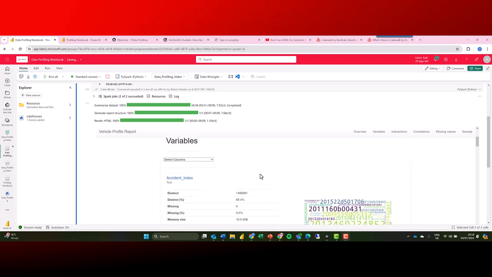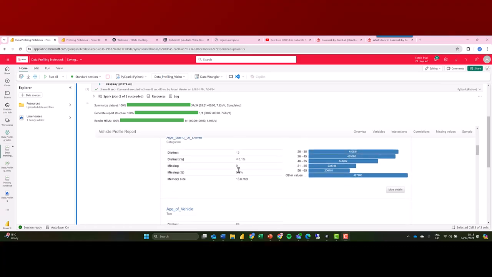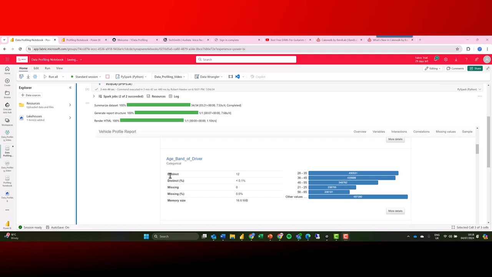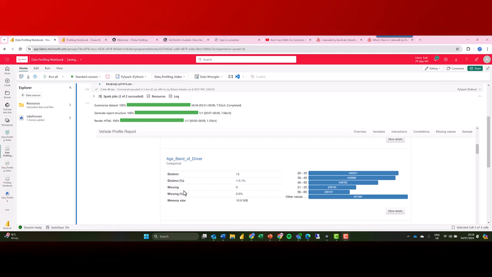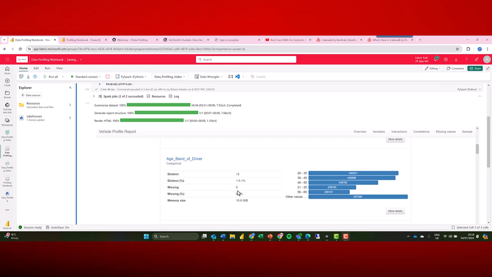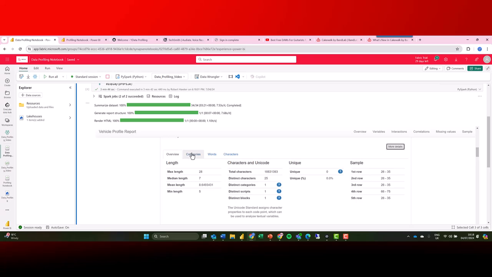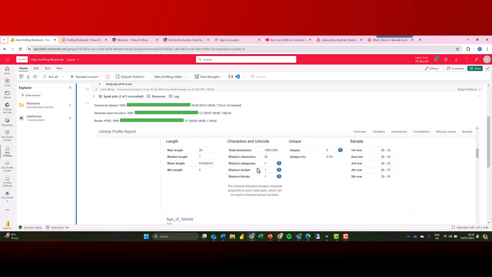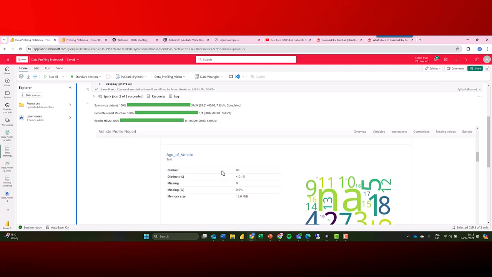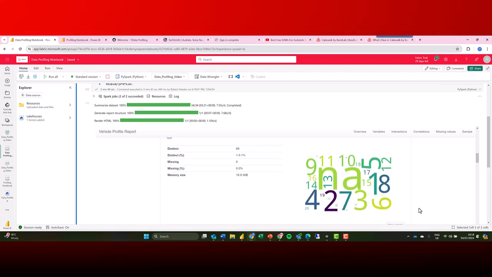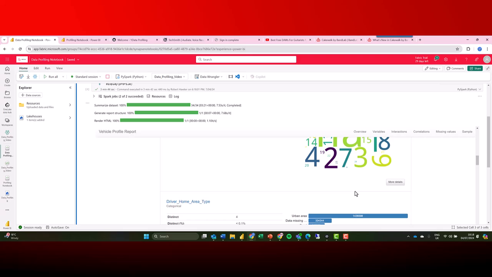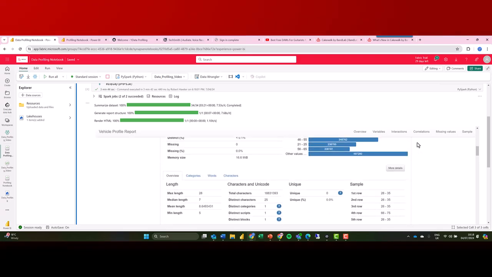So I can go through each column. We're looking at the age band of drivers, for example, and it's going to tell us the number of distinct values that we've got, the number of rows of data where there's no data, when things are missing. It gives you a broad spectrum of the different values that you have. We can click more details and see additional information as well. So lots of information available. That's just one column of our data. We've now got age of vehicle as well, where we're starting to see things like the word clouds telling us what's going on. We'll come back to all of this later, but for now we can look at things like